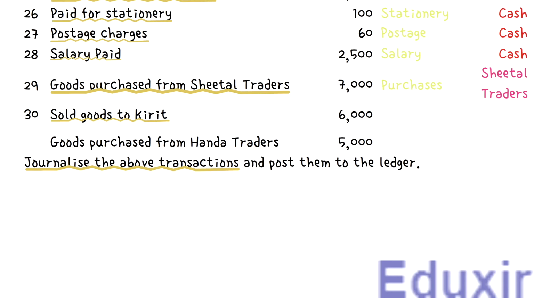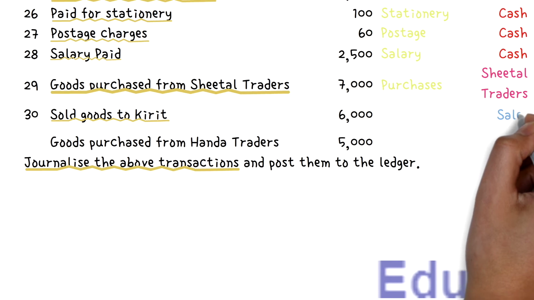So, in this transaction, there is a sale taking place. The sales generate revenue. In other words, the revenue of the business is increasing in this transaction. The rule to record any increase in the revenue is to credit the corresponding revenues account. In this case, the sales account should be credited.